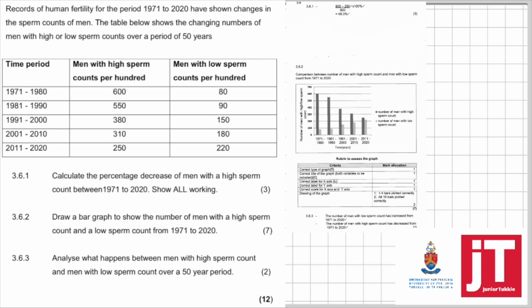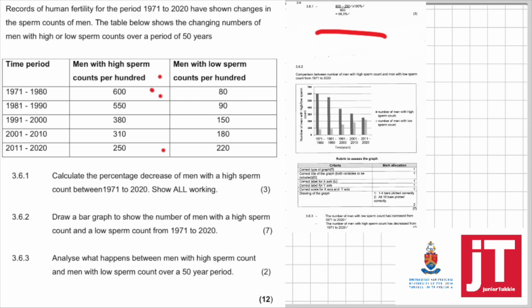Right. 3.6. Records of human fertility for the period 1971 to 2020 have shown changes in the sperm counts of men. The table below shows the changing numbers of men with high or low sperm counts over a period of 50 years. So here you have your time period in the years. There you have the number of men with high sperm count per 100, men with low sperm count per 100. Now, 361. Calculate the percentage decrease of men with the high sperm count between 1971 and 2020. Now, that's quite easy. It's 600 minus 250, so that's the difference over the first number, which is 600, times 100, and it is